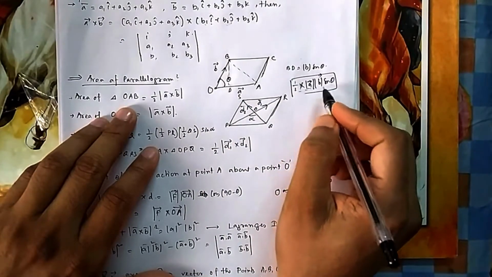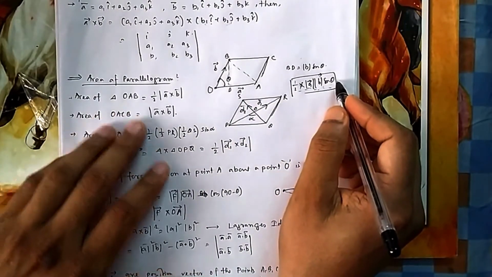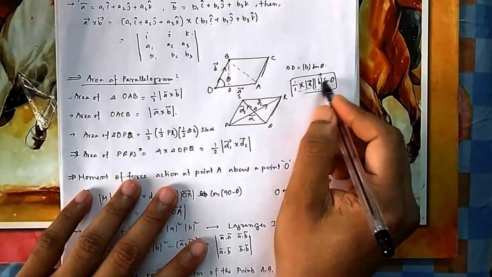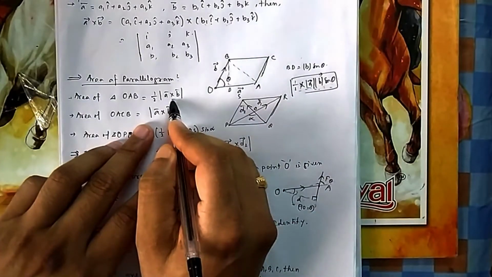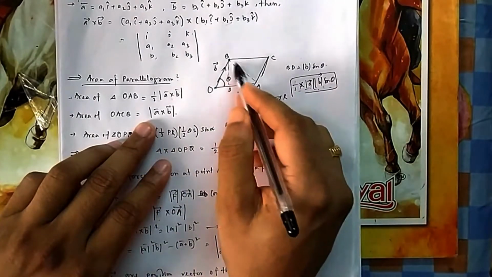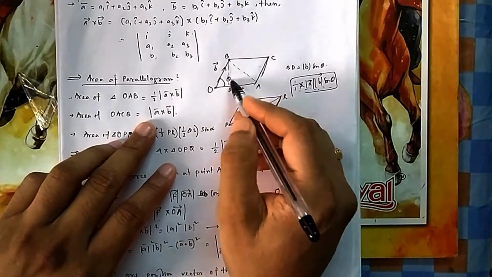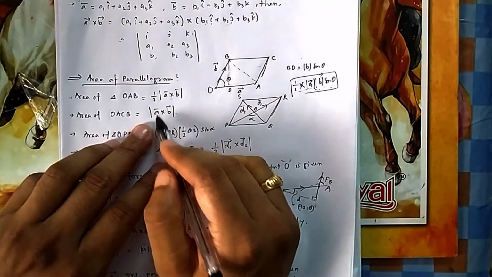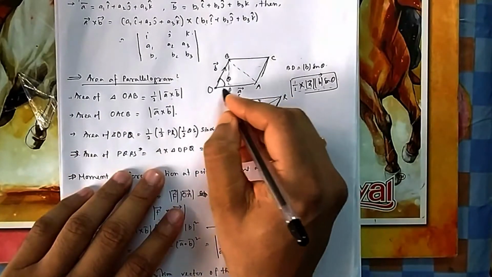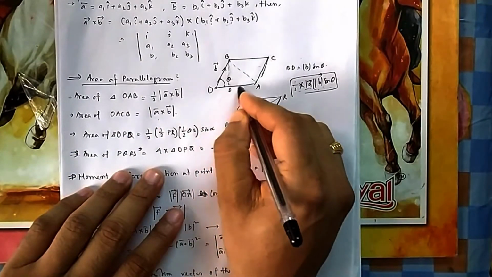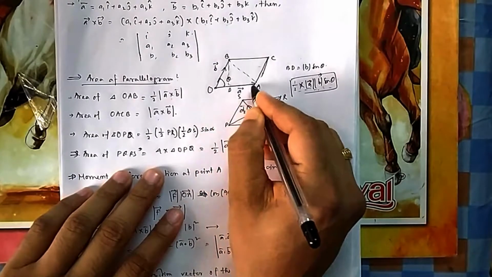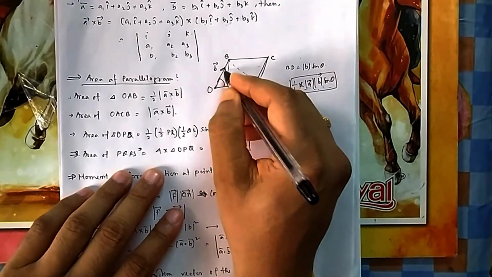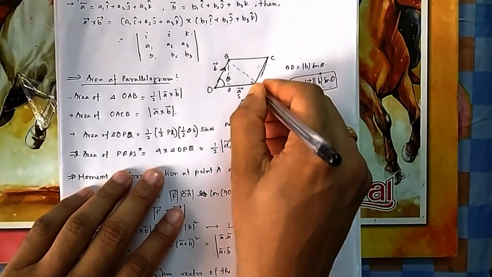Height, base. So what is this? This is nothing but the magnitude of A cross B. Only n cap is missing. n cap was the direction, and this is only the magnitude, so it is half of A cross B. So this triangle and this triangle divide the parallelogram into two equal triangles, so the total parallelogram will be 2 into this. In the case of a parallelogram, no half is there, but you have to be careful which one is A and which one is B. A is the adjacent side vector AB, not the position vector of B, not the position vector of A.